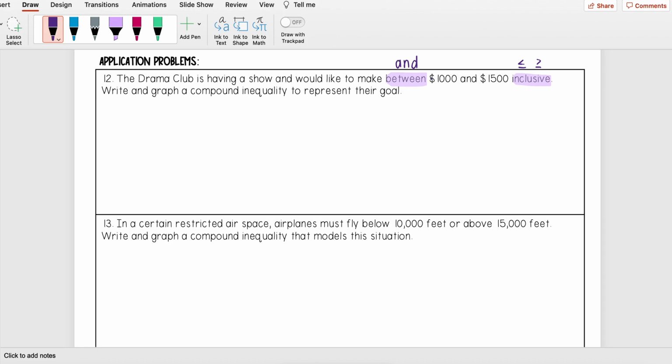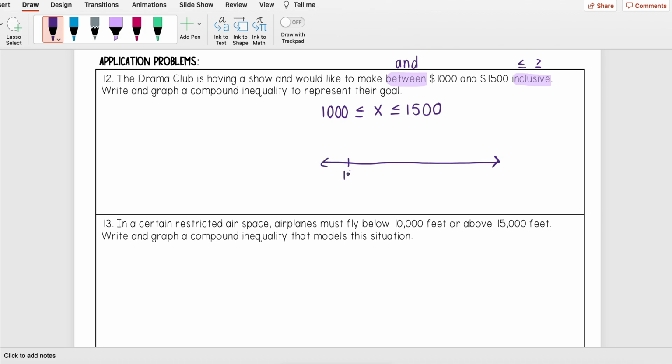And so since this is an and, I know the compound inequality is going to be 1,000 is less than or equal to x, which is less than or equal to $1,500. And remember, I had those lines underneath there because the drama club's okay with having $1,000 or $1,500. And now to graph that,